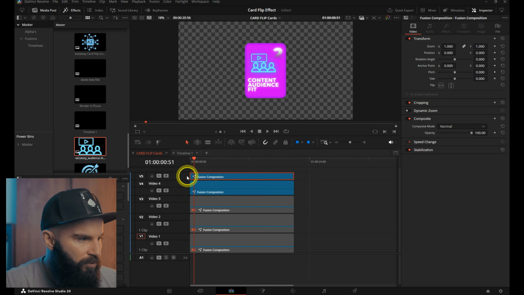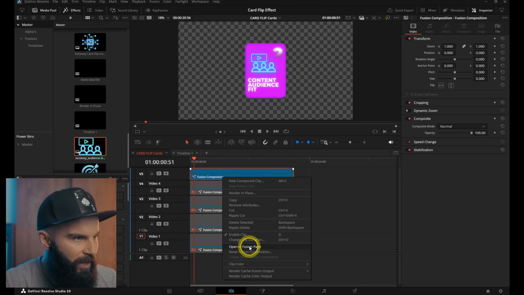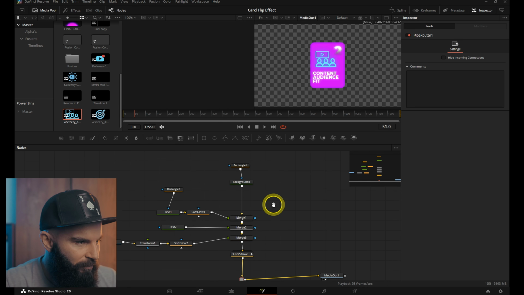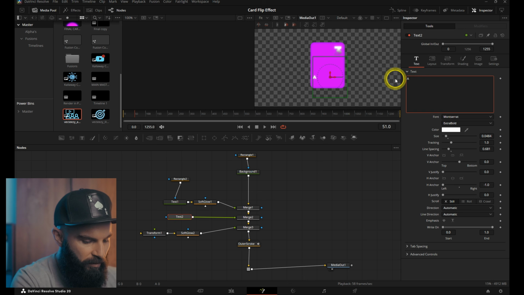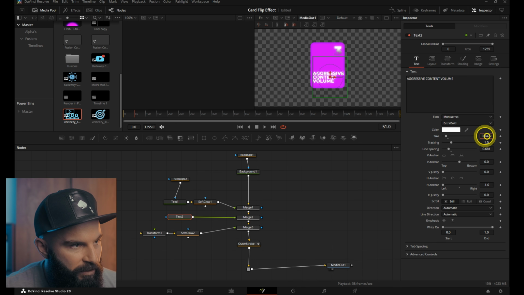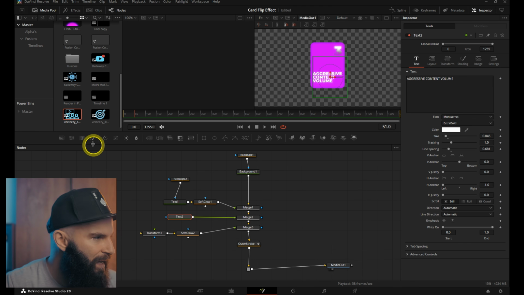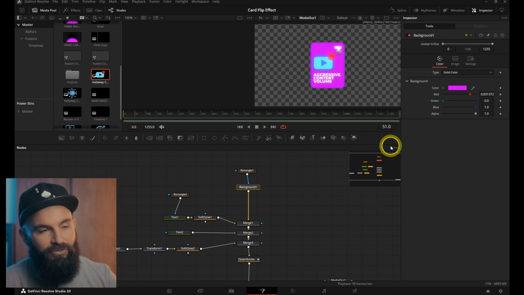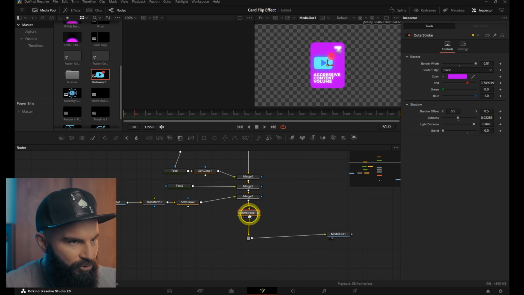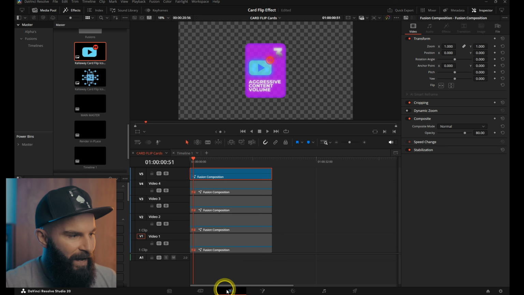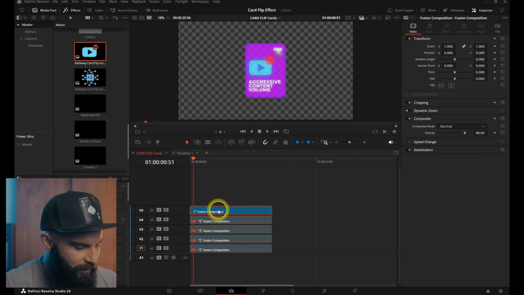Copy this and do card number 3. Go into the Fusion page, and the same thing. We're going to change the number to 3, and we're going to change the media, aggressive content volume, and we'll pull the size down a little bit, and then we'll add the next image in. Don't forget to change the hue. We were on 290, so we're on 285 on this one, and then on the outer stroke we're going to go 280. Back to the timeline, and then copy this one once more, disable the bottom one,